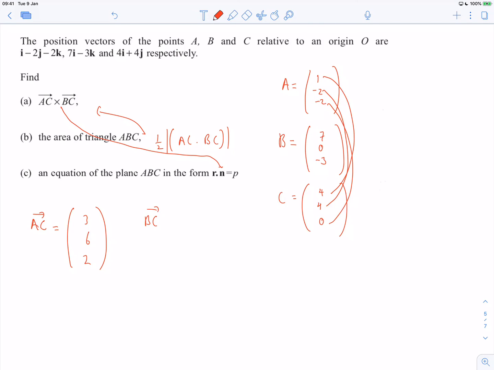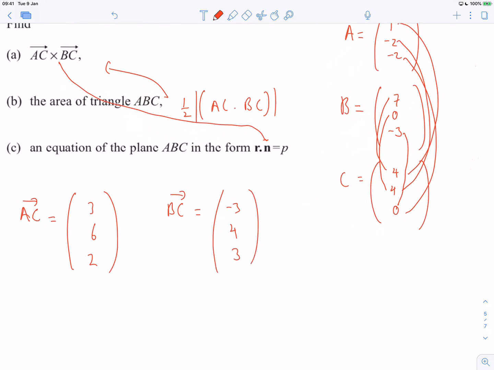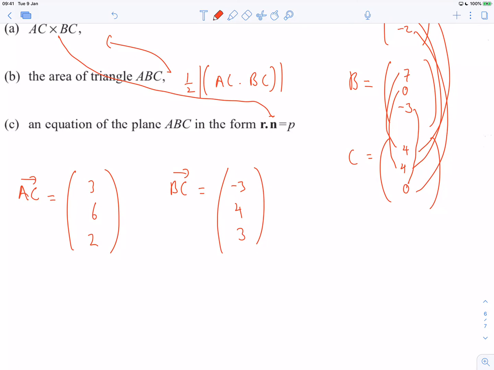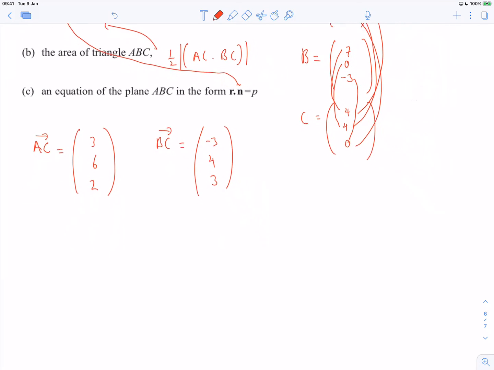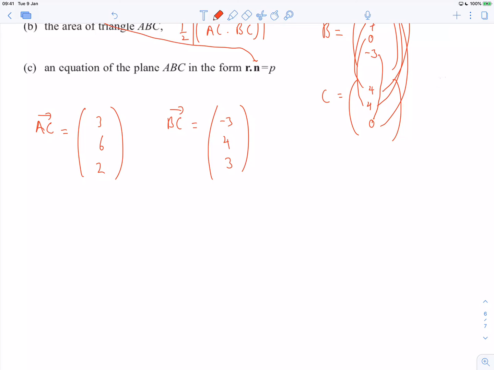And then BC: to go from 7 to 4 is minus 3, from 0 to 4 is up 4, and from minus 3 up to 0 is positive 3. Have I done that right? Yes. Okay, now to cross them, to cross AC and BC, I just need to take the determinant of i, j, k,